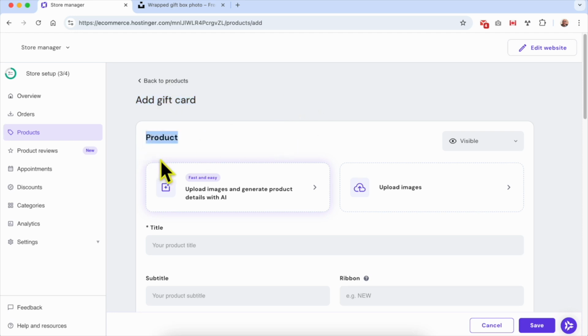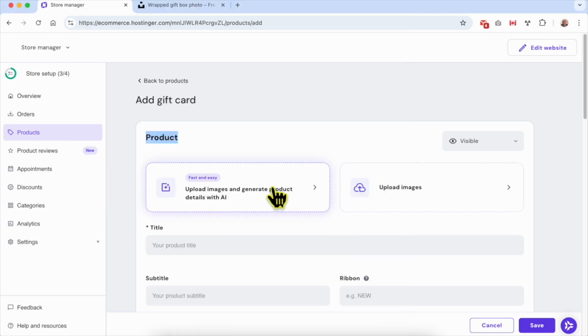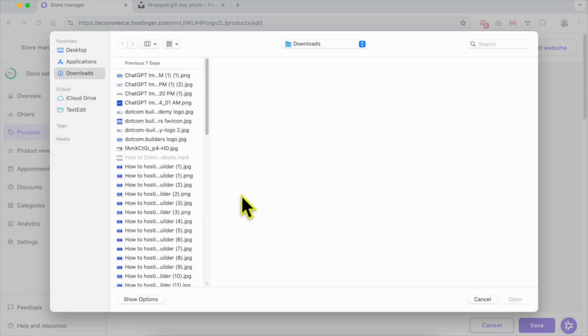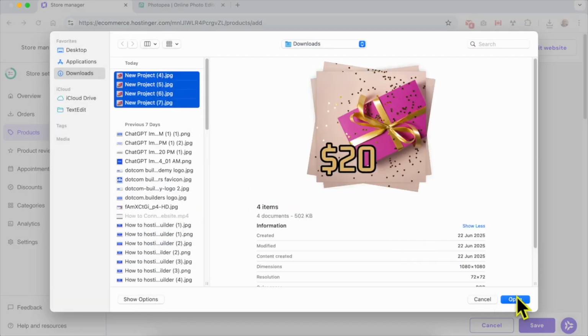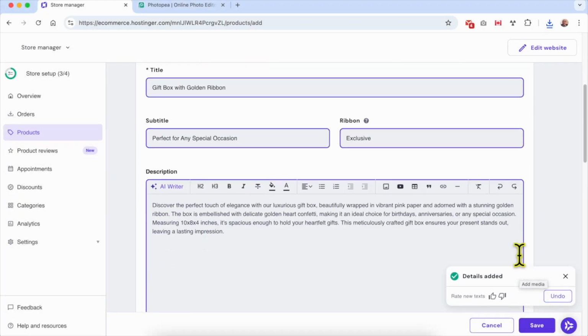First, we will start by uploading our image or images. Here you have two options. You can upload your images from here and let the Hostinger AI generate product details for you, or just upload your images simply. So in my case, I already have my gift card product details written, but even with that, I will go and test the AI way. Click on upload images, select all the photos, click on open, and let the AI create